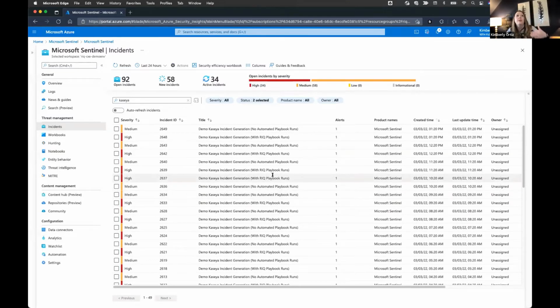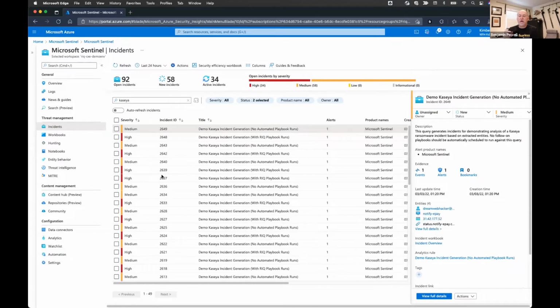And you can see really quickly at a high level that I have incidents that are categorized at a high severity and some that are at a medium severity. And if you look over here at the names, you see that the medium ones, for the most part, correlate with things that have not had any playbooks run on them yet. And then the high ones, they already had the playbooks run. So we're going to do a medium one so people can see how those playbooks work and what data comes in. But the other one is the automated way where the playbook has already run on that incident.